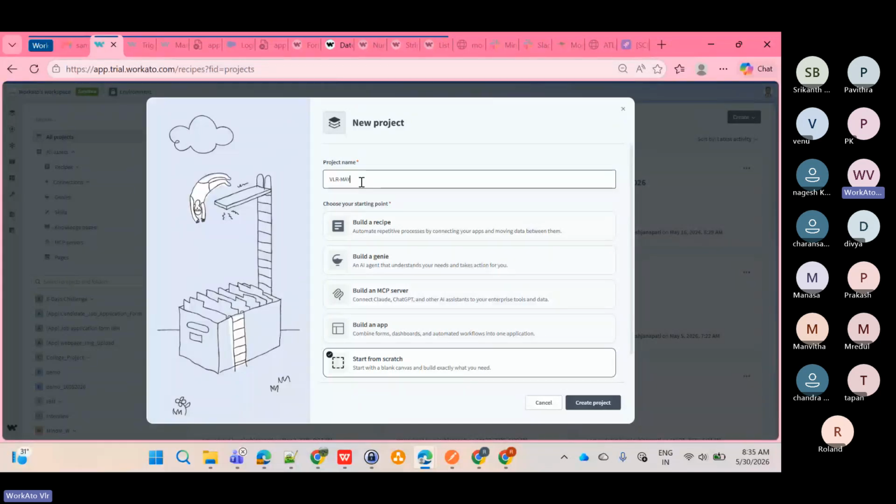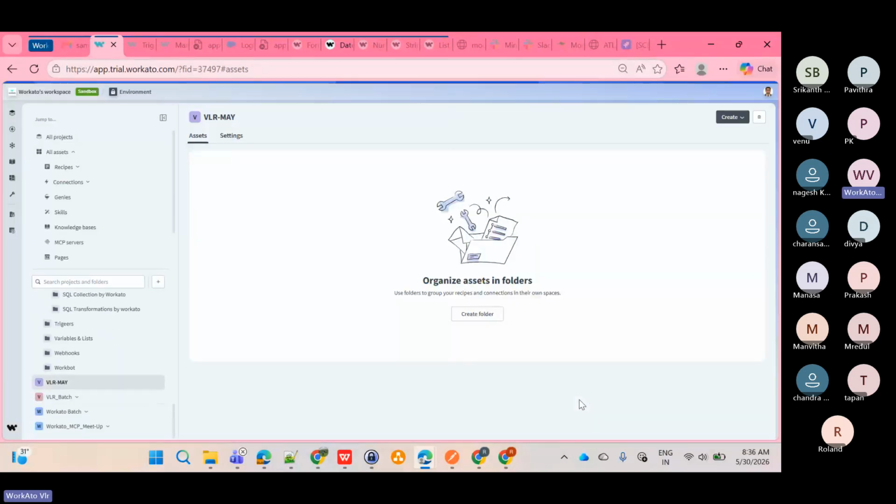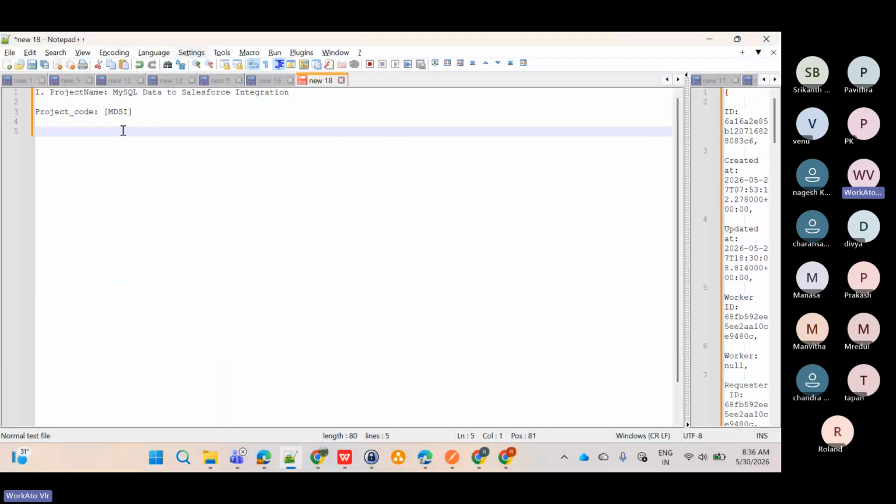Okay, the project name will be like this. So I have created a project. And what is the hierarchy we need to follow as part of best practices? We need to first create a project. Without a project, you cannot do anything. After that,